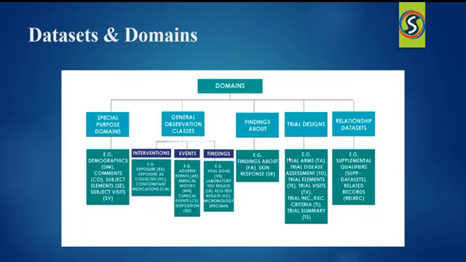Next we have your findings about as well. That comprises your findings about skin response, and trial design domains as well. Next you have your trial design domains or datasets: trial arms, trial design assessment, trial elements, trial visits, trial inclusion exclusion criteria, and last your trial summary. You also have relationship datasets. Those include your supplemental qualifiers, or as we call them, your subdomains. Next we have related records, RELREC.